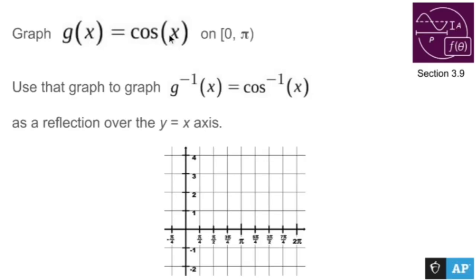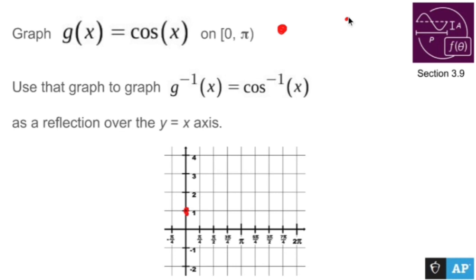Graph g of x equals cos x on 0 to pi. All right, let's do that right now. Let's do it in red. Cos x starts up here at 0, 1. I'm going to pi. So remember, the period of cos x